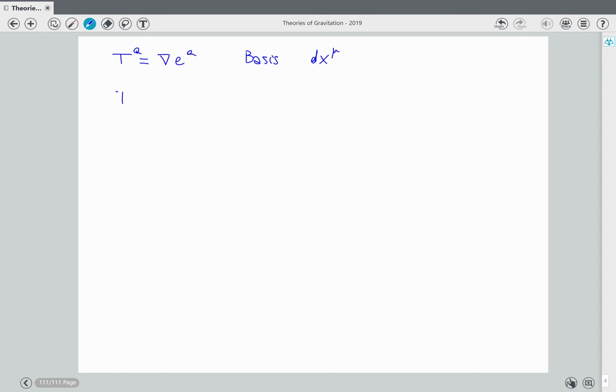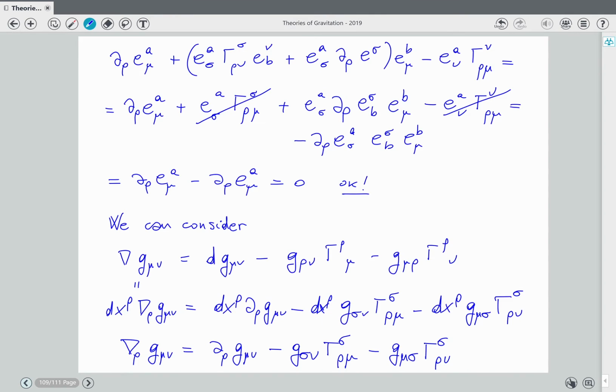So we would have some T^mu equal to del of dx^mu. But this we know how to compute because it is a one form with an index. So we can apply the generic definition of